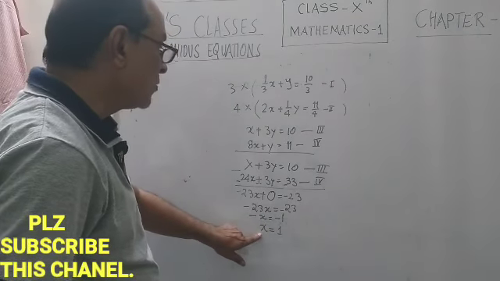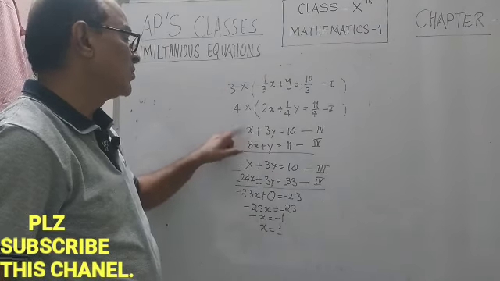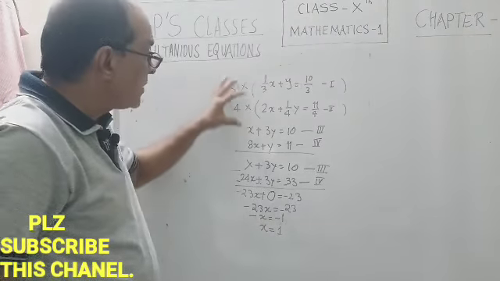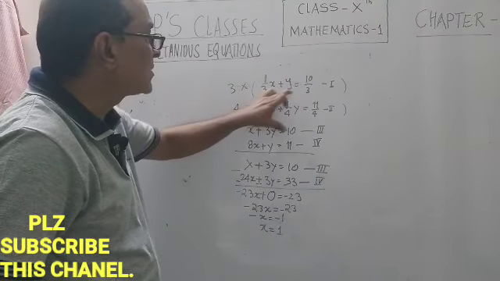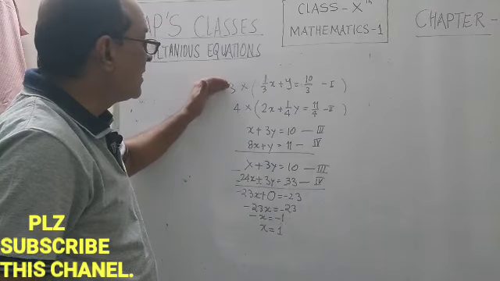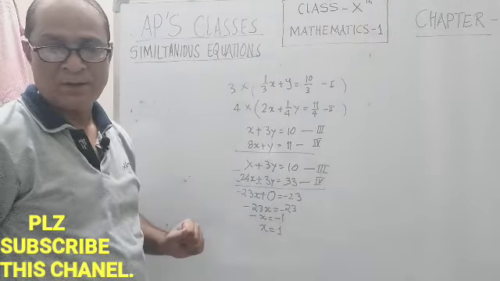Now, x is equal to 1. I will leave it to you to calculate y. I just wanted to show in this example that you shouldn't be confused by this type of equation. You make them whole numbers. That will give you a nice direction.